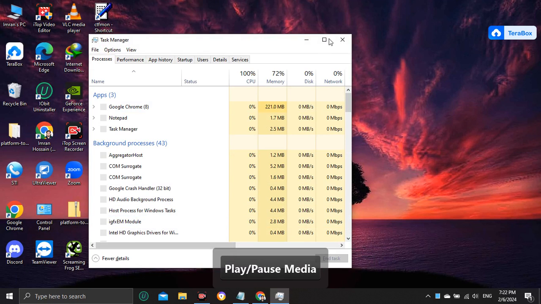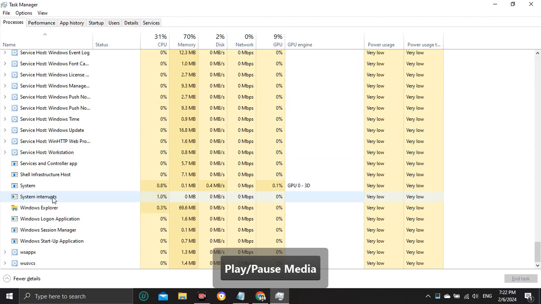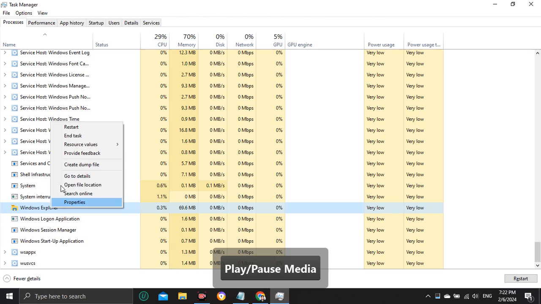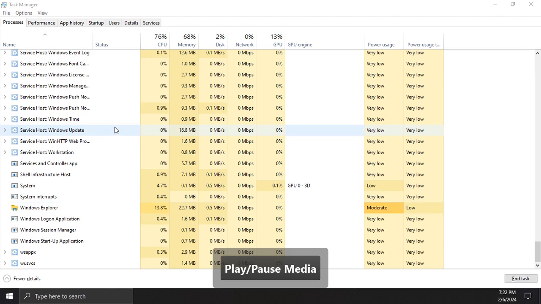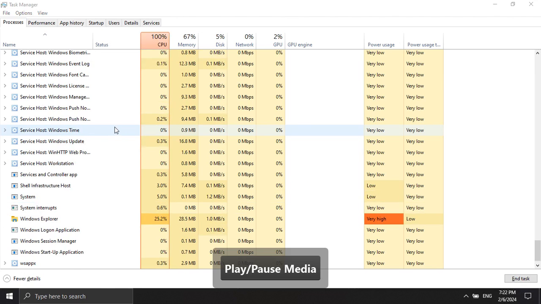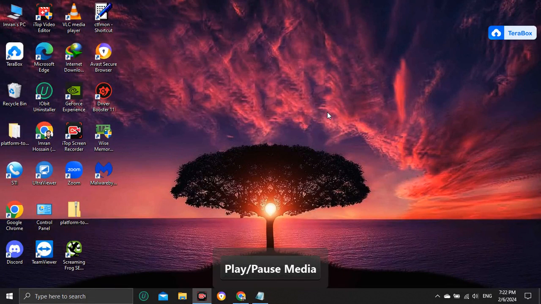Now from here we have to restart Windows Explorer, not Windows Manager, but Windows Explorer. Just click on this and right click, and you'll find the restart option. Just click on restart, and let's see if your problem has been fixed or not. If not fixed yet, cancel, and for the second step, press Windows plus R